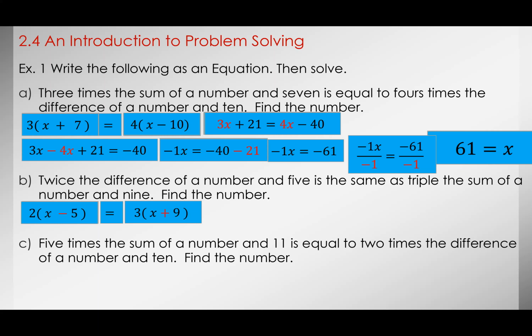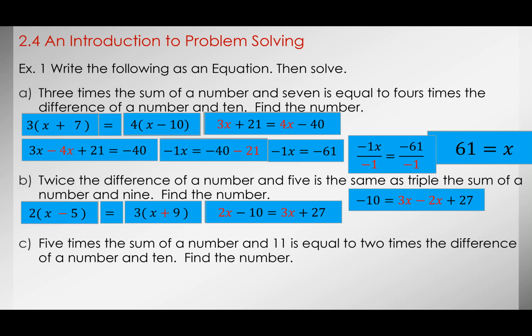So everybody see that twice means 2 times, triple means 3 times. And once we have this, you can see that 2 times x is 2x, 2 times negative 5 is negative 10, and 3 times x is 3x, and 3 times 9 gives you 27. So after you distribute, you can see that it's very identical. And for me, like I mentioned, I like to move the 2 to the 3. I move the smaller x to the larger x, which is 3 minus 2 to give me just an x. Again, negative 10 is the same,